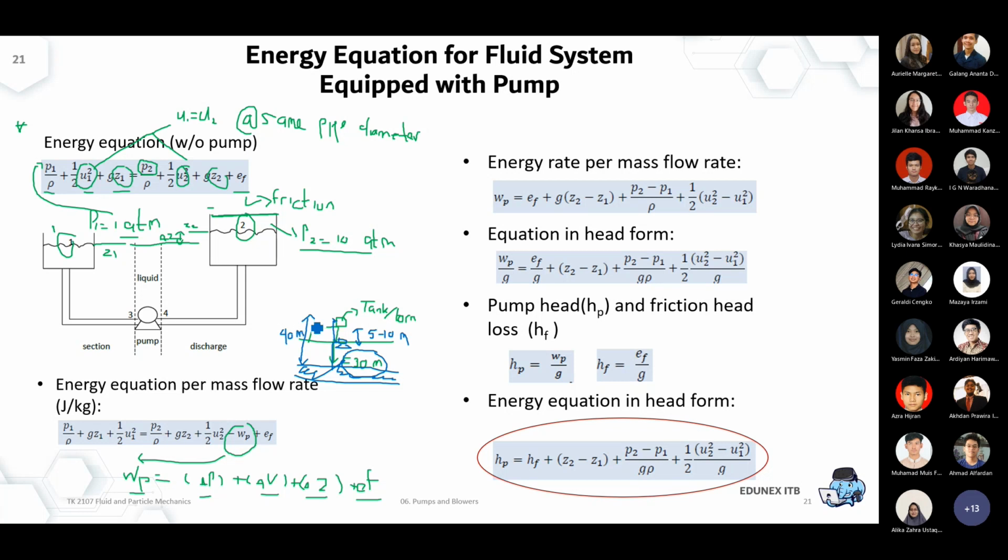In this kind of calculation, it should be provided in the Z1 and the Z2. Let's say Z1 is 0 and Z2 is plus 40. So you know that it's impossible to transfer the water from underground to your tank without a pump because of gravity and so on. You need a pump to suck the water to the surface and then transfer it further to your tank above ground. So that's the purpose of the pump. It's just a way for you to interpret the situation: what is the purpose of the pump? It could be a lot of different things.